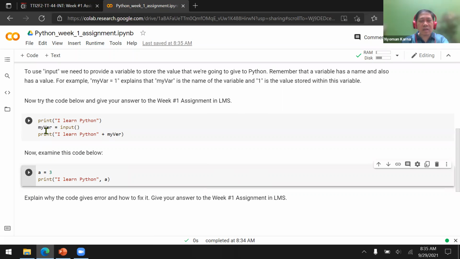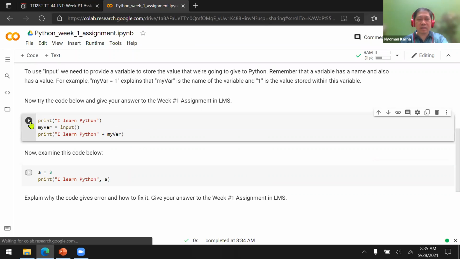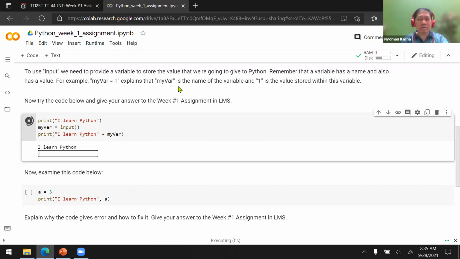It says I'm going to print I learn Python, and then ask for input from the user and put that input into a variable called myvar. Then I will print I learn Python plus myvar. Let's run it.